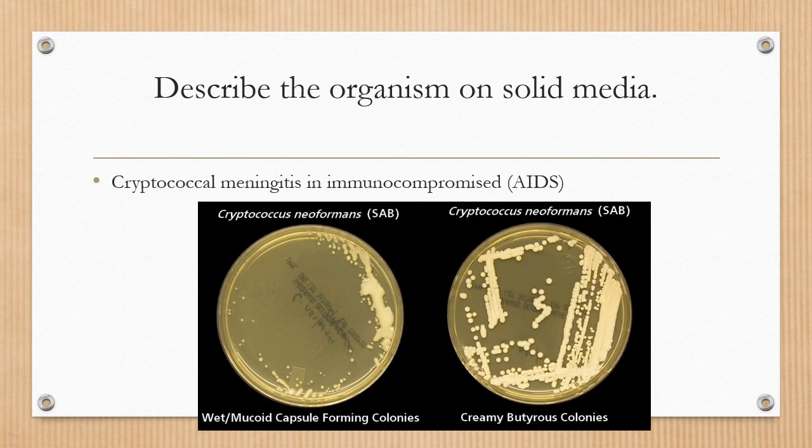So what is the appearance of a Cryptococcus meningitis in HIV patients? You can see here that there are very wet and mucoid colonies that you can see on a plate. Sometimes if you prolong the incubation, you can see it turn into a darker color, and also it can sometimes form colonies that are similar to Candida, that are very creamy colonies on the Sabouraud dextrose agar.